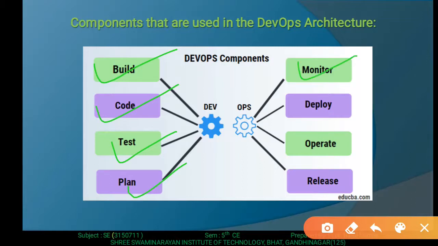Then monitor. Continuous monitoring is used to identify any risk of failure. It is also helpful in tracking the system accurately so that the health of the application can also be checked. Monitoring becomes easier with the service where the log data may be monitored through many third-party tools like Splunk.